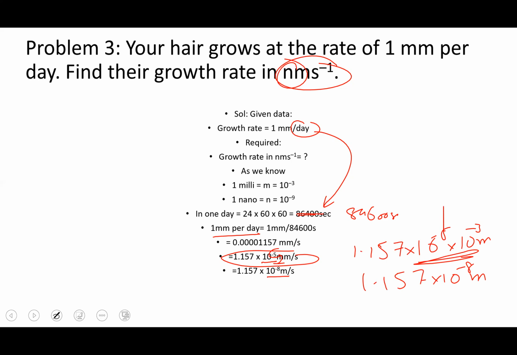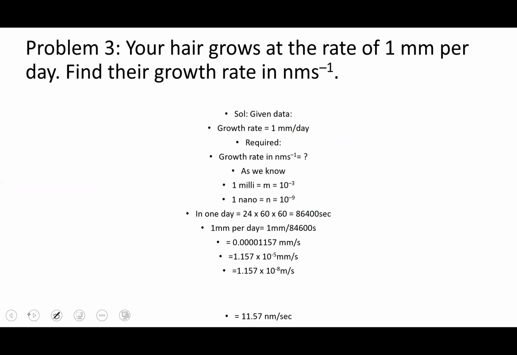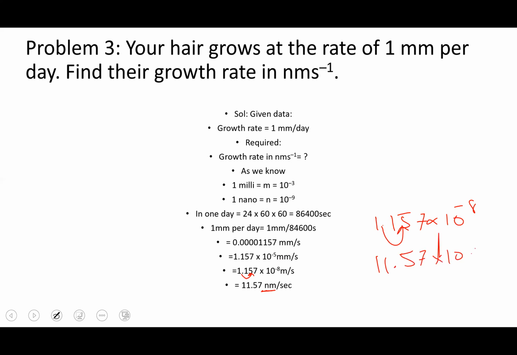Now, if we have to convert that into nano, we have to move the decimal by 1 point. So here we go, it is moved to the right hand side. So it is 11.57 nanometers. That means from 1.157 into 10 to the power minus 8, the decimal is moved 1 digit to the right. It is 11.57 into 10 to the power